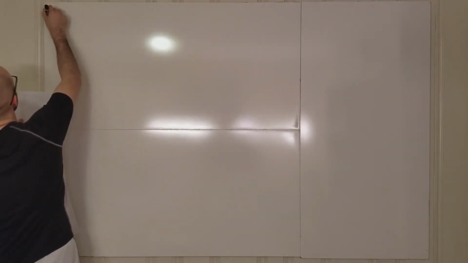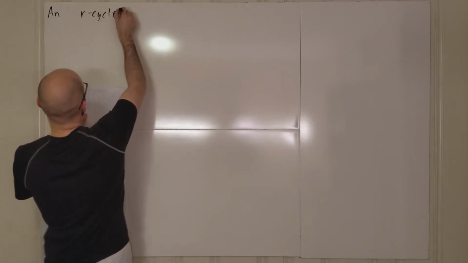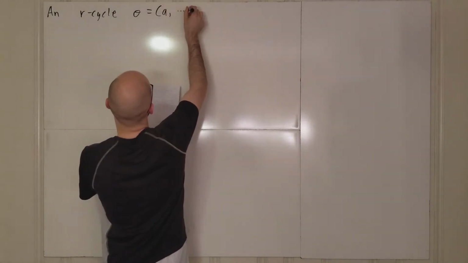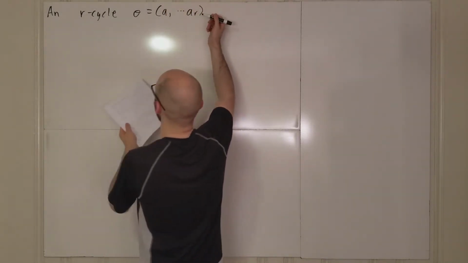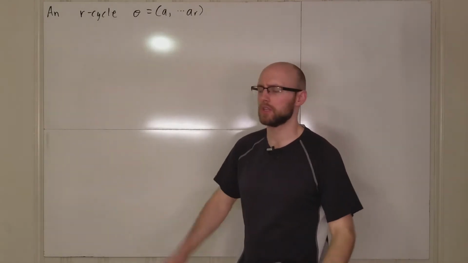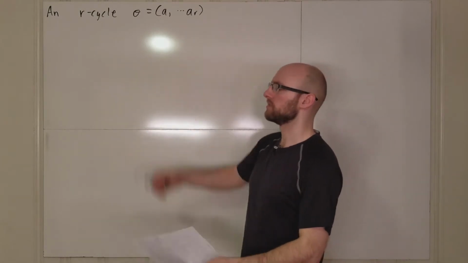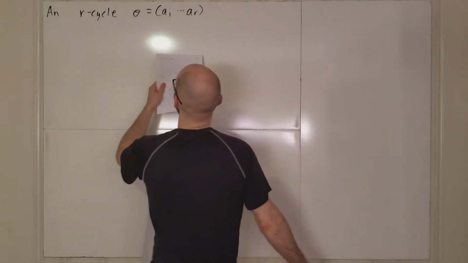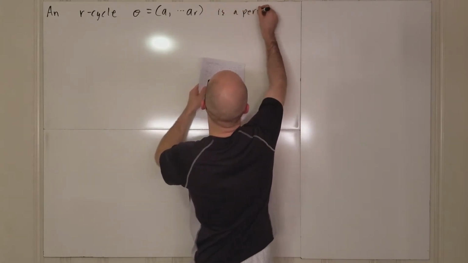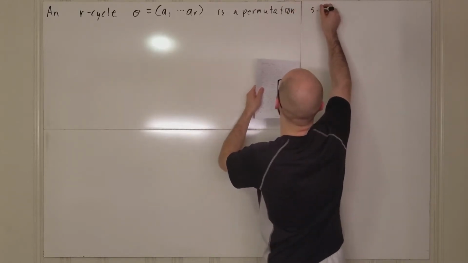But anyways, in our cycle, sigma, I'm not going to define what a permutation is because we've talked about it and I assume you've seen it before. You can look it up. But anyways, assuming we know all that, we're just going to jump into R cycles. So this is a permutation such that